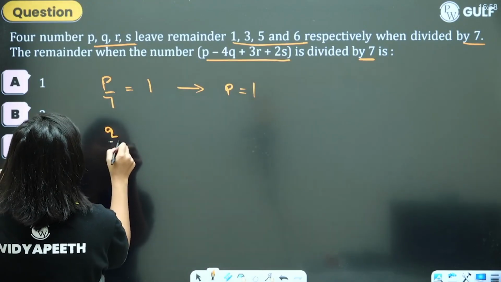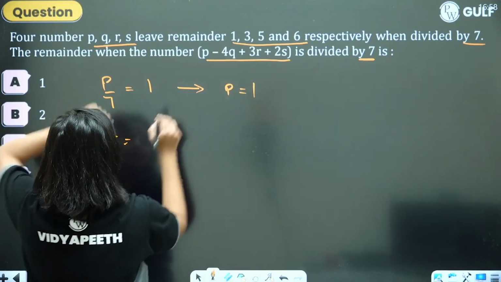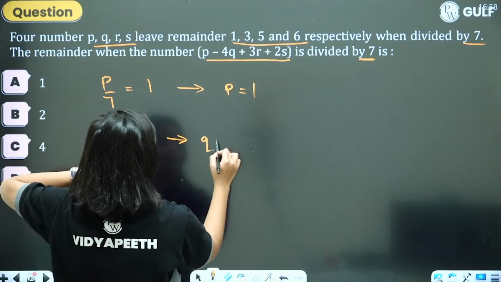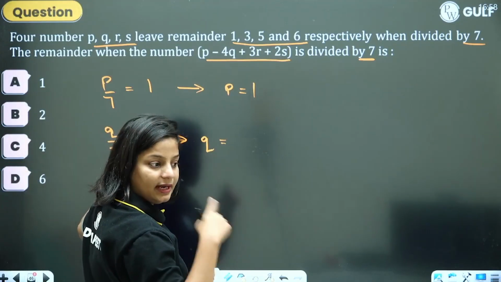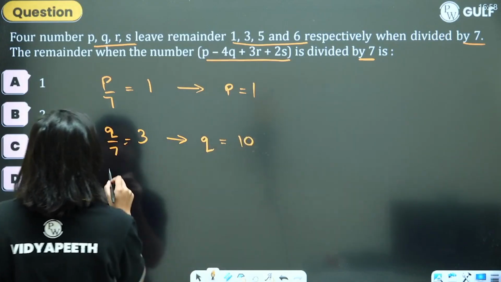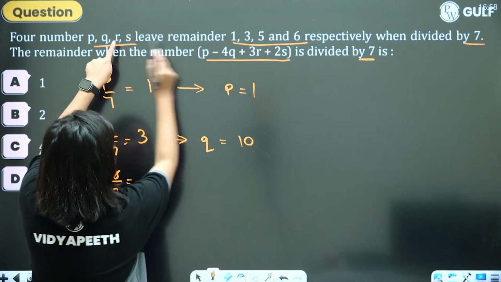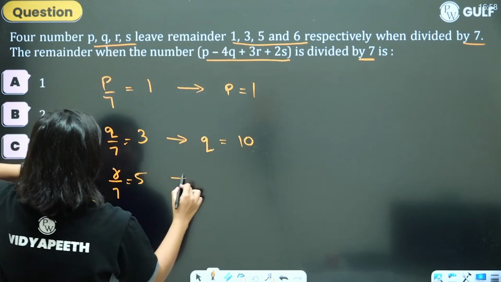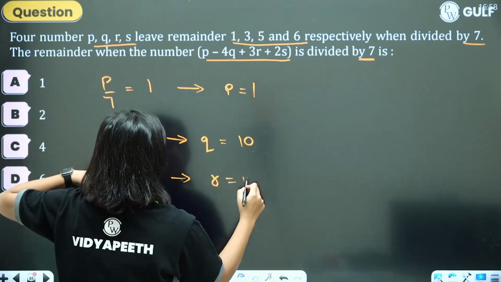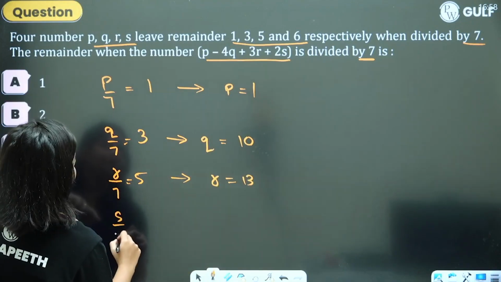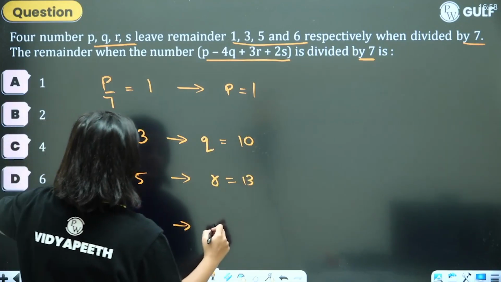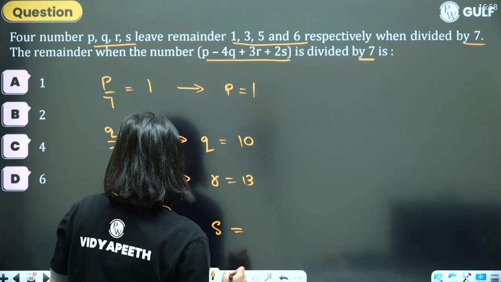Next, Q divided by 7 give us the remainder 3. So what should be the value of Q? 10 upon 7 will give us remainder 3. R divided by 7 gives us 5. 7 plus 5, R is 13. And S upon 7 gives us the remainder 6. S will be equal to 7 plus